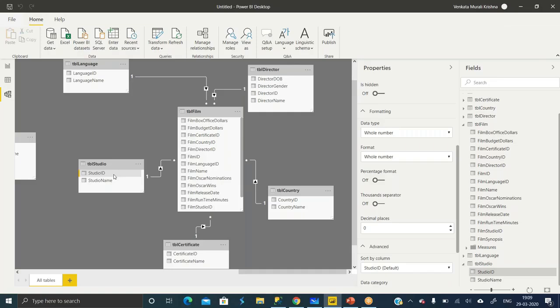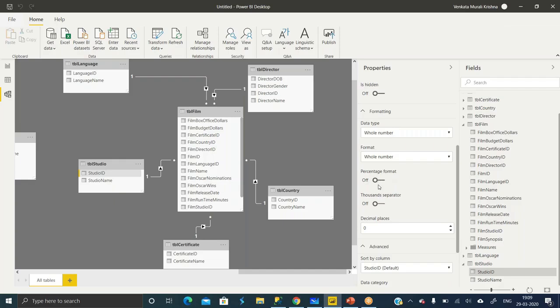Again, this also belongs to the options and settings. So I remember, if you go to the options again, there is an option for type detection. If that is disabled, sometimes this will not detect properly. In that case, we have to manually come and change the data types, but that is not advisable. And again, whether